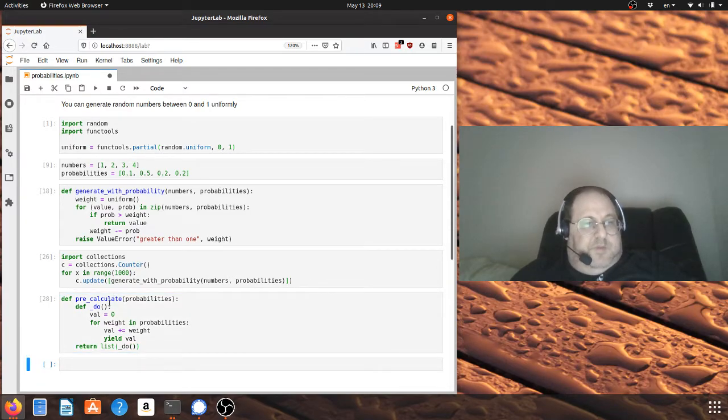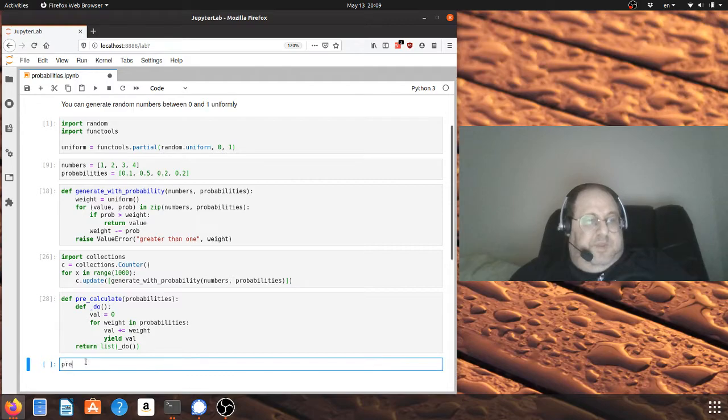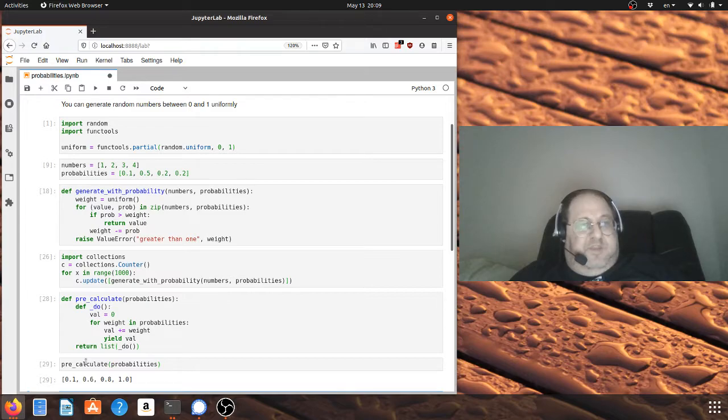Okay, so let's see what that takes. So pre-calculate. If we give it the probabilities we got, it's the same thing except now we accumulate, right? So we don't give the probability that this is a number. We give the probability that the number is lower than. And you'll notice that by definition, since probabilities are always positive, or at least non-negative,